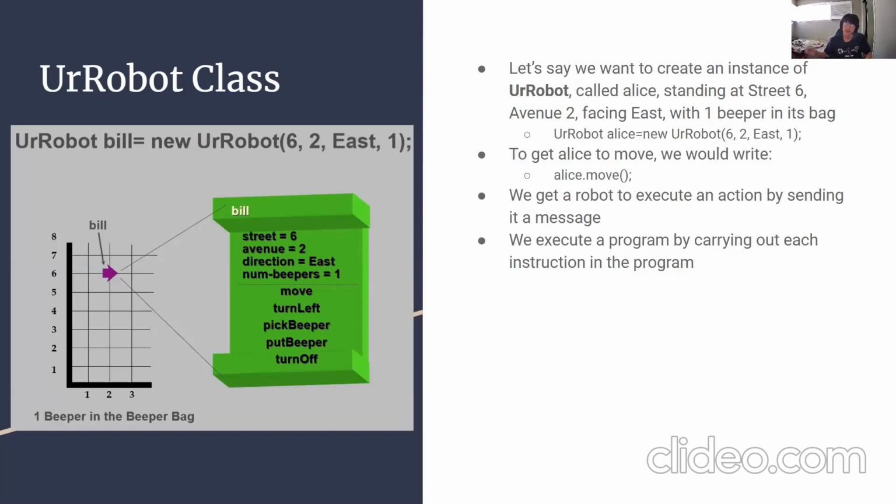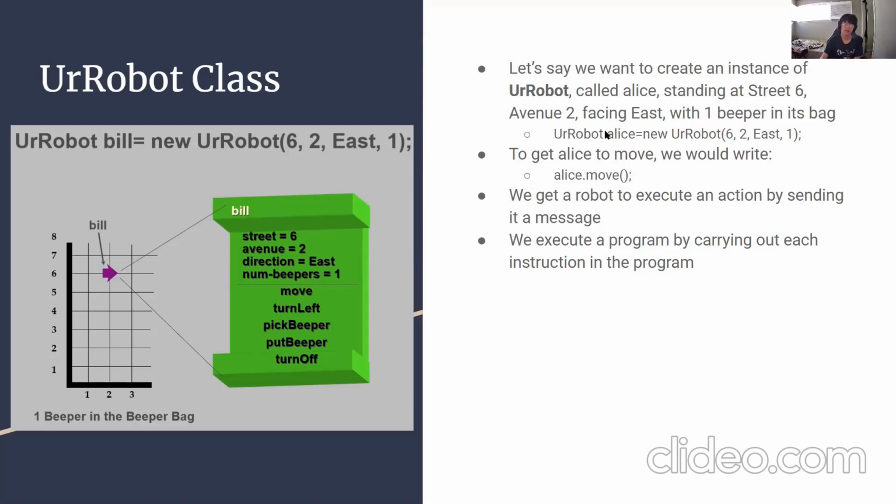So an example of this, let's say we want to create an instance of your robot called Alice. So we would write UrRobot Alice equals new UrRobot 62 East 1. What does that mean? What that means is that UrRobot is the class that is defined. So the first thing that you write when constructing a robot is